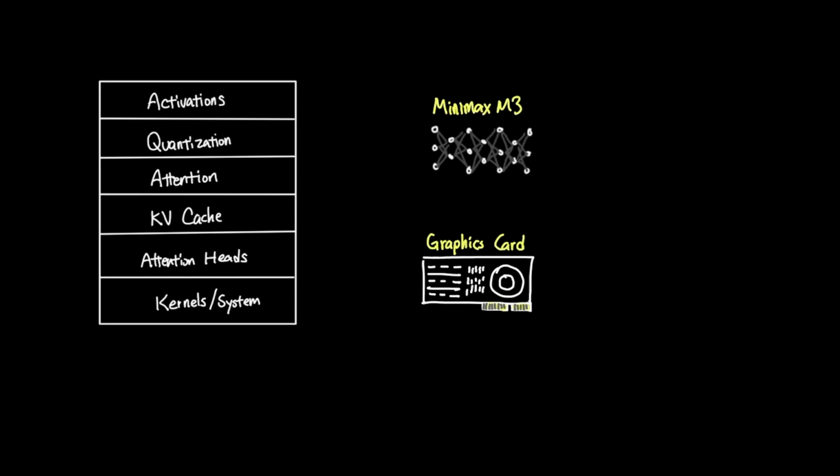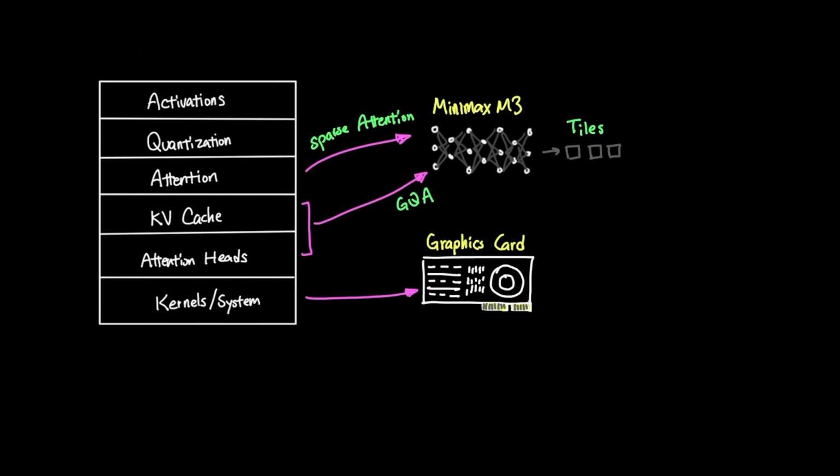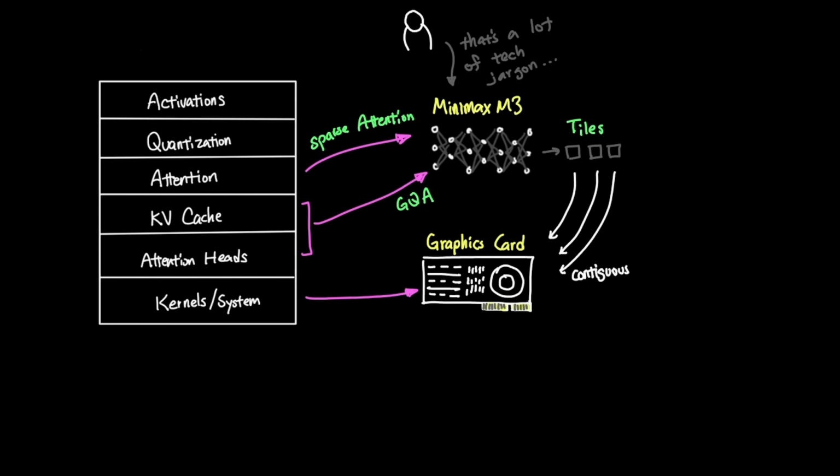But here we are, and the M3 model mixes in the GQA mechanism along with sparse attention and optimizes on the I/O side, by using tiles that group tokens and looping over the KV tile as the outer loop as it processes them sequentially. I know, there was a lot of technical jargon there, and I'm gonna try my best